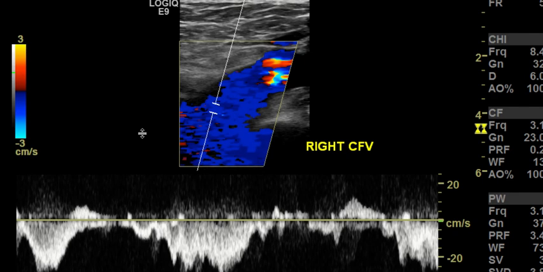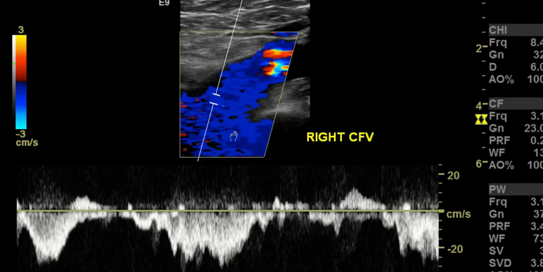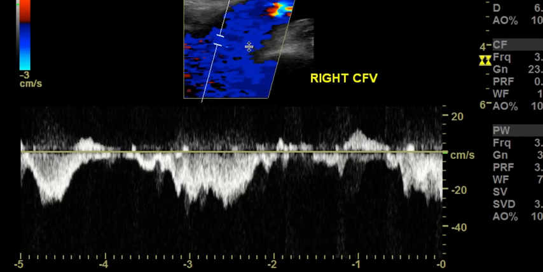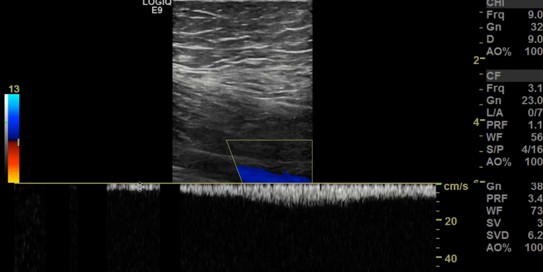This is a patient who had a DVT study done for left lower extremity swelling, and I just wanted to point out here we have the common femoral vein on the right, and when we look at the waveform here, we can see this pulsatility to the venous flow, which is normal. Now if we look at the other side on the left,